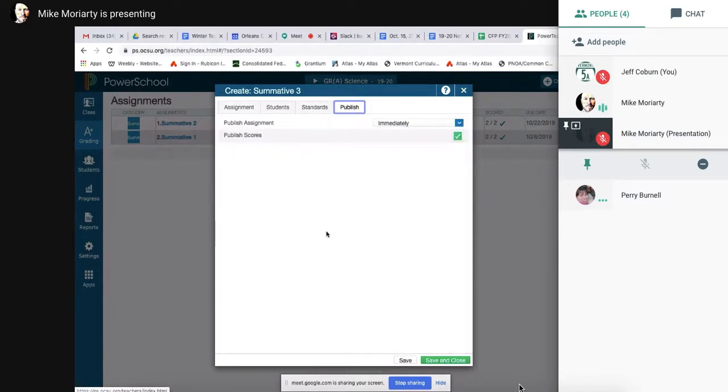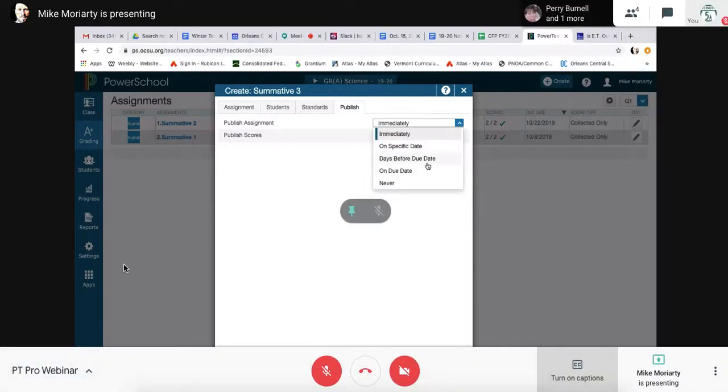And then this fourth one is your publish. So you can choose when you want to publish this assignment and when you want to publish the scores. So you could do it right now, or you could do it on a specific date or days before. You could also, if you were just